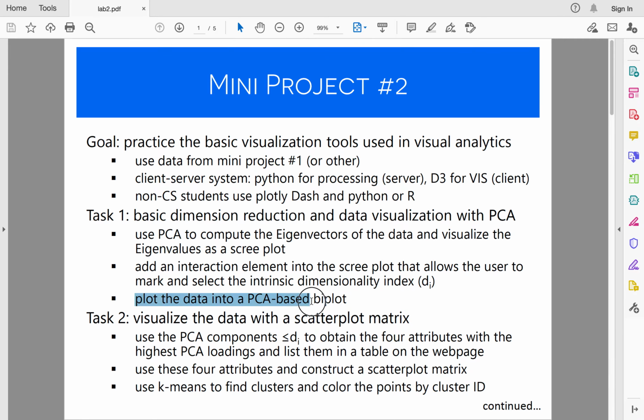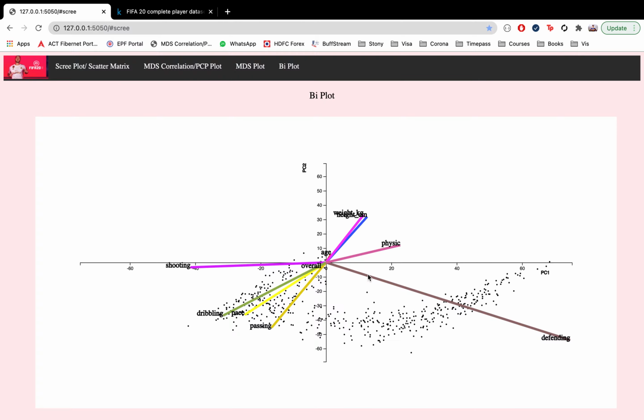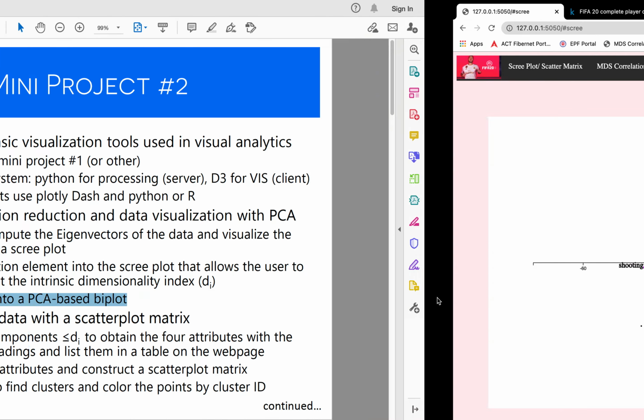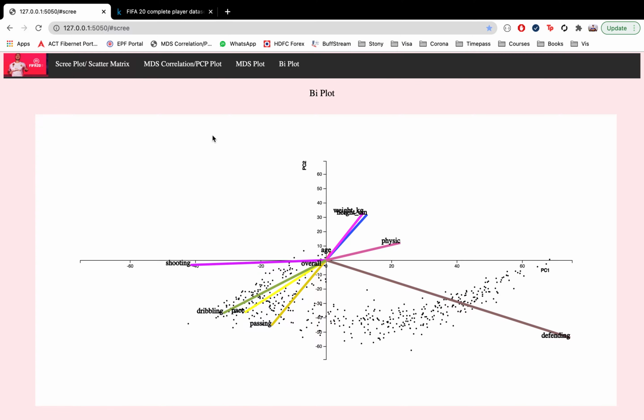On top of that, we're asked to come up with a PCA-based plot. The PCA-based plot doesn't depend on the number of components, because while plotting in two dimensions, we take the components as two for sure. So I've taken all the numerical features over here, and I've taken the PCA plot, and I plotted the whole eigenvalues along with the scattered data on top of that. So this is the plot which I have built.